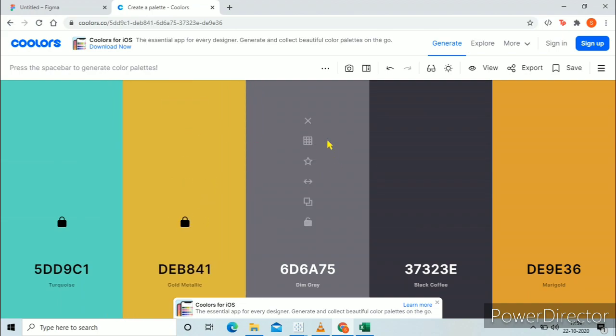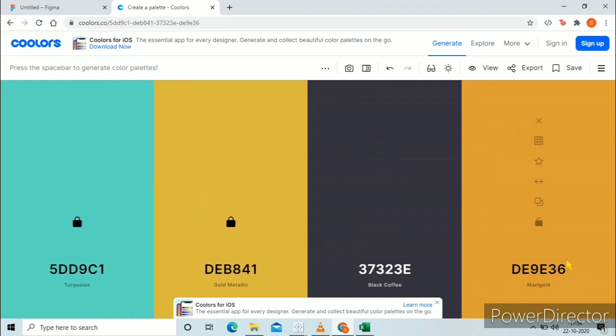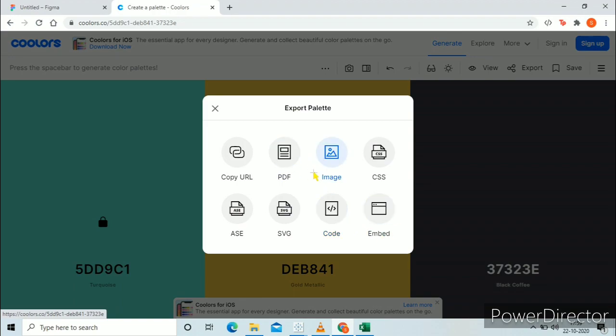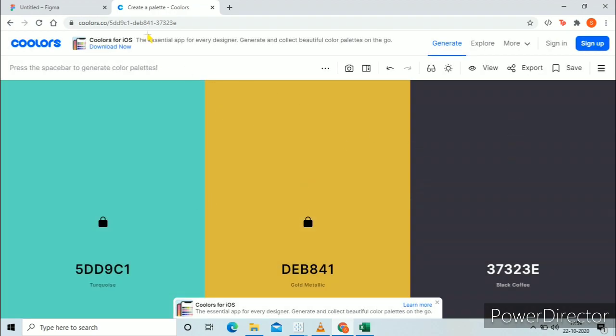If I don't want this color, then I'll just click on X. I can export this. So just by pressing space, you can arrange many colors together and create your own templates. And you can get the hex code which you can use in your Tableau dashboards.